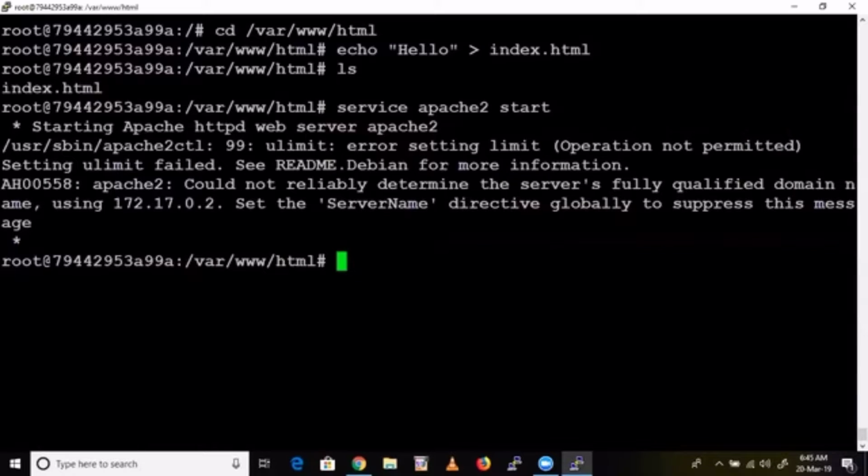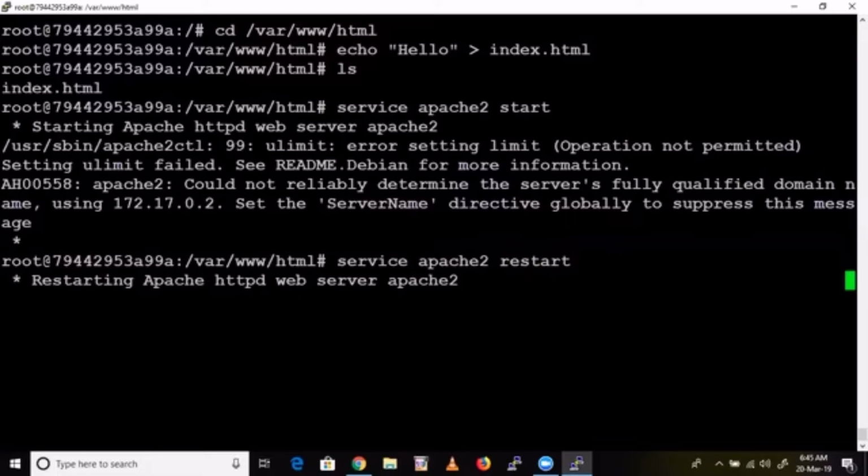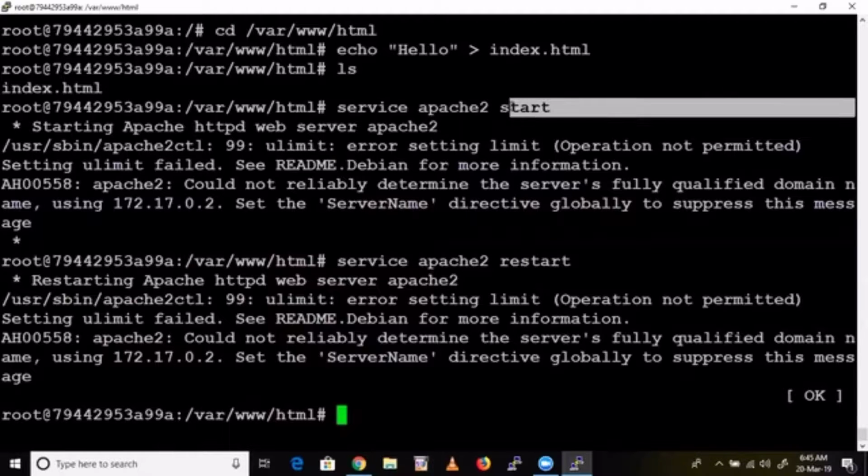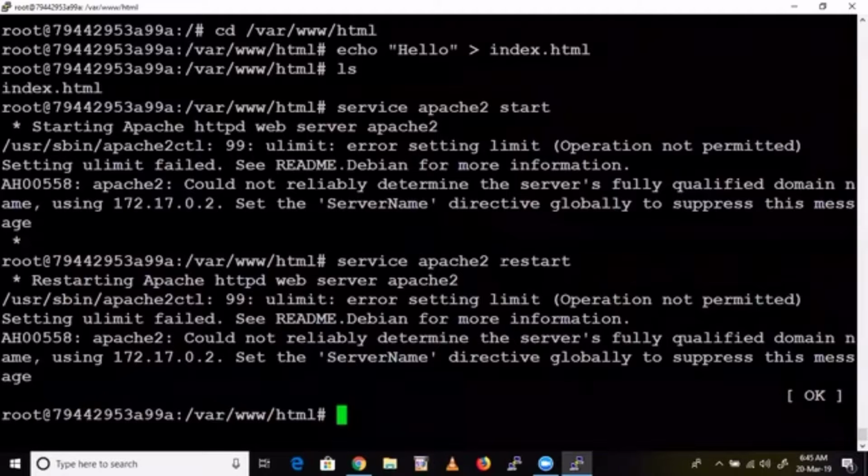When you update operation, so let's see. Sometimes if it is showing such kind of error, you restart. That will restart the service. It's not an error, guys.